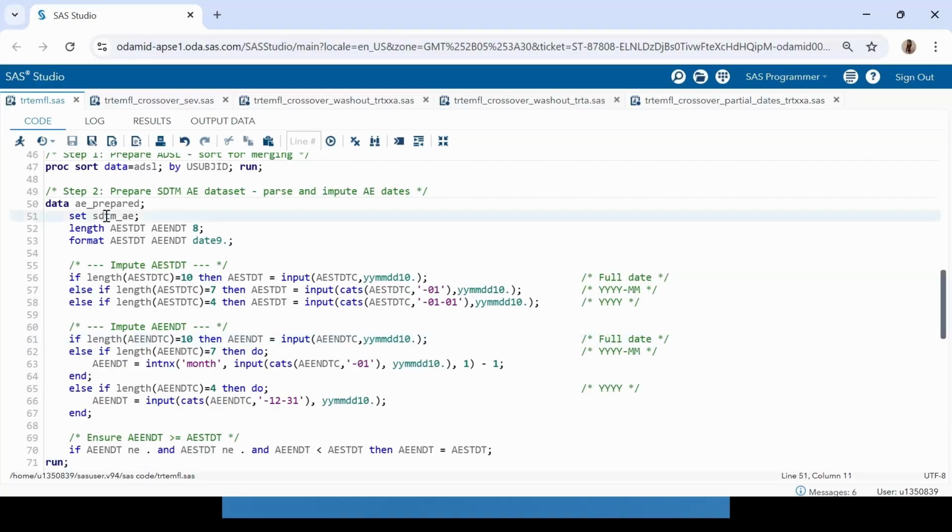So now I'm reading the SDTM AE dataset which I have created just now, and I'm creating the two variables, the AE end date and the AE start date here, which are the same as we have initially in our data, but we are going to modify their values to have the imputed dates. So to check whether these variables have imputed data or not, we can apply a length function to these dates. So starting with the start date first. If the length of AESTDTC is 10, that means that this date is full, because